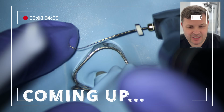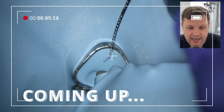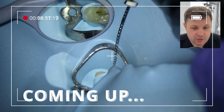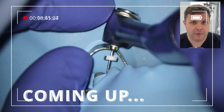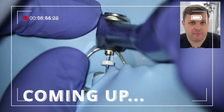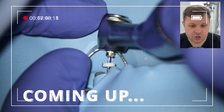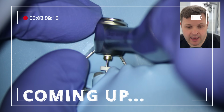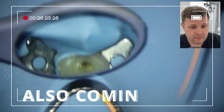But you can see here that it's got a tiny little bend. And of course, when we introduce this into the canal and then we use it in T mode again, so this T mode is this reciprocation motion back and forth, we can see now that this goes past that kind of ledge. And once I've passed the ledge, in T mode, you press the button again and it turns into a rotary action, and I'm just automatically shaping out that kind of ledge or catch,